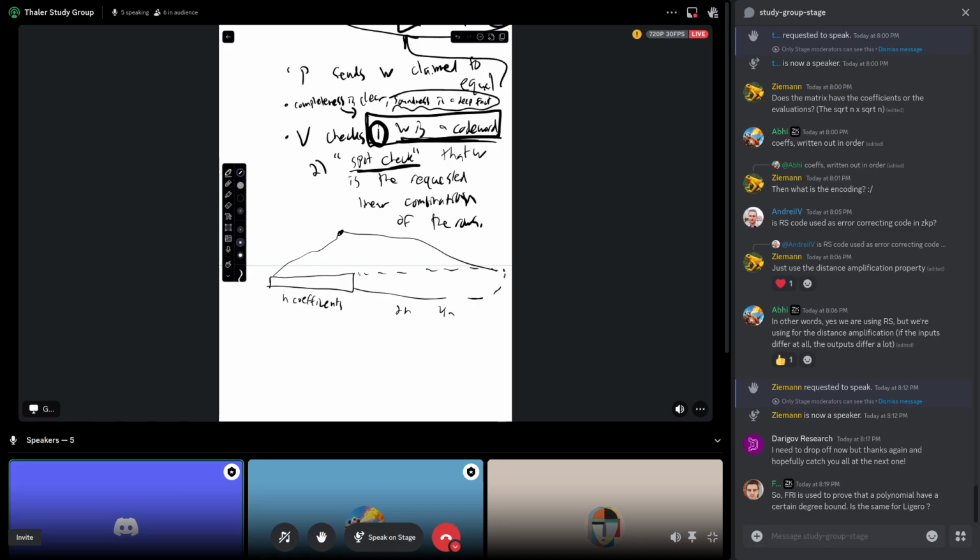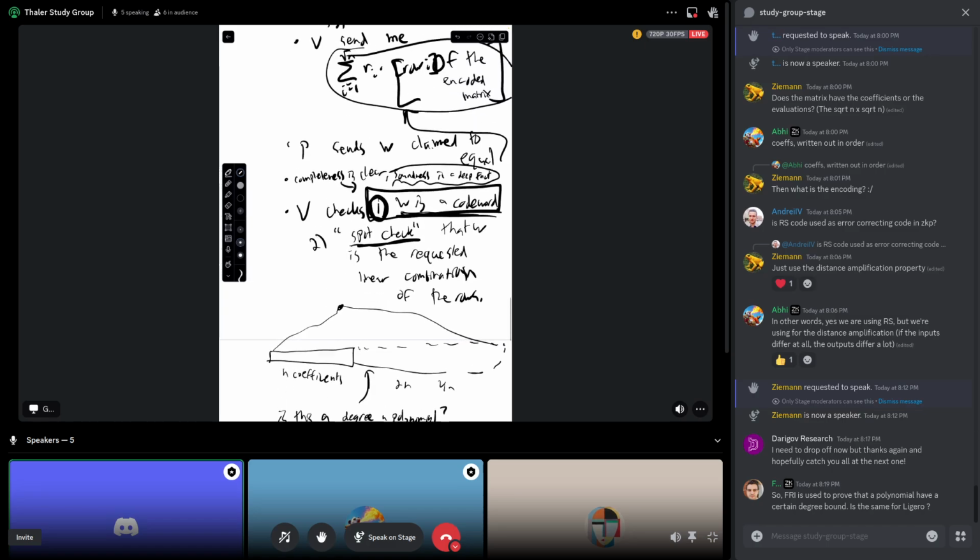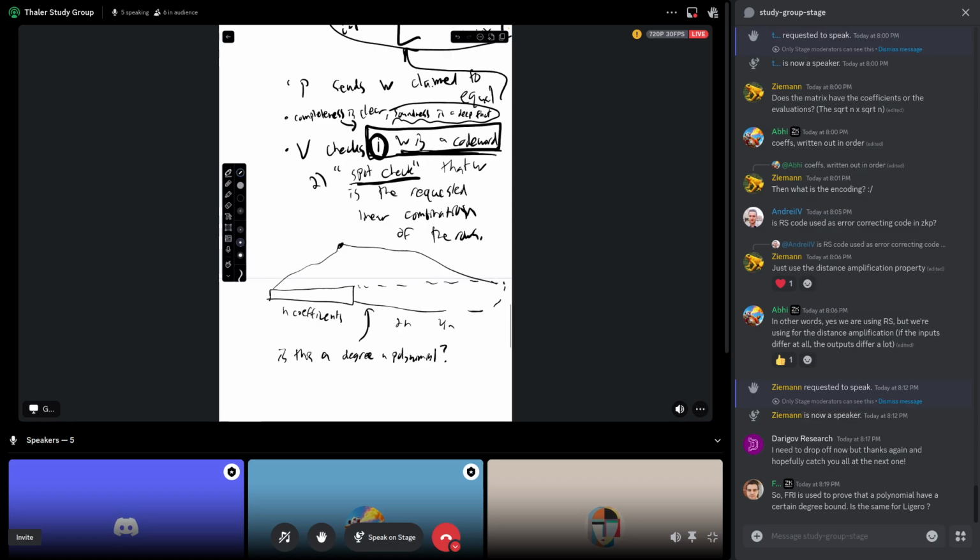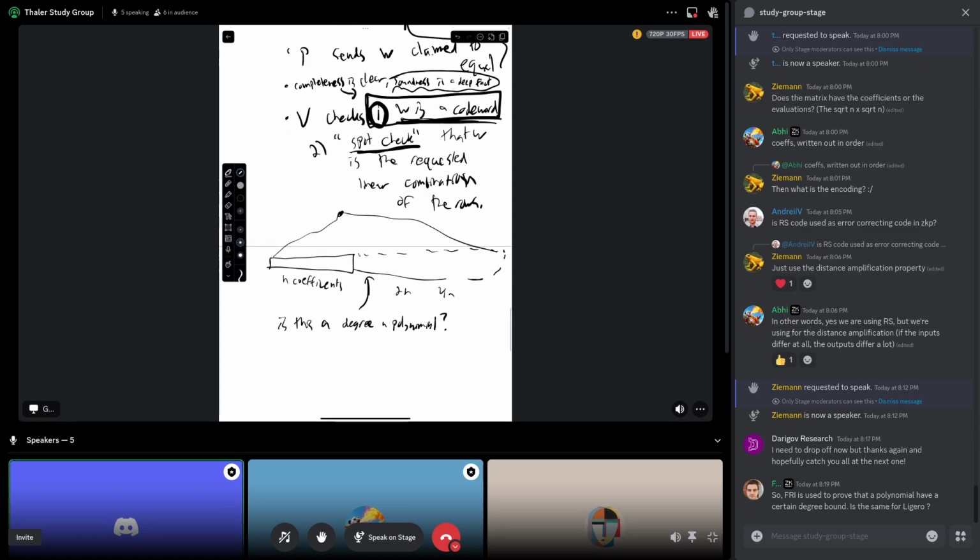Then it's called a low degree test, where the question is, if the prover was honest, then all 2n or 4n or however many evaluations are consistent with the degree n polynomial. FRI is meant to figure out whether that is the case. Is this actually a degree n polynomial? So you call that a low degree test. What Ligero is, is what's called a polynomial commitment scheme, where the prover wants to commit to this degree n polynomial,